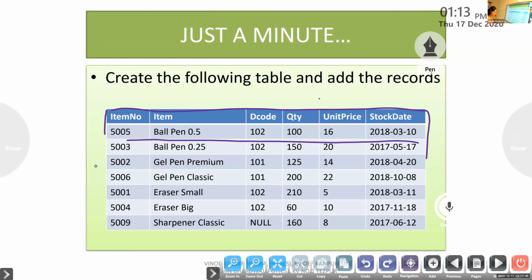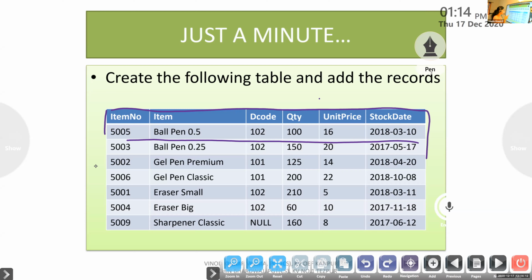Once it is over, we can share the screen and start doing it. Since it is an item table, you can't do it in the school database, isn't it? The school database is different, this is different. So you can create another database called company.